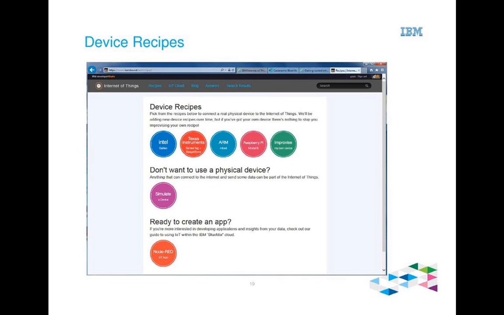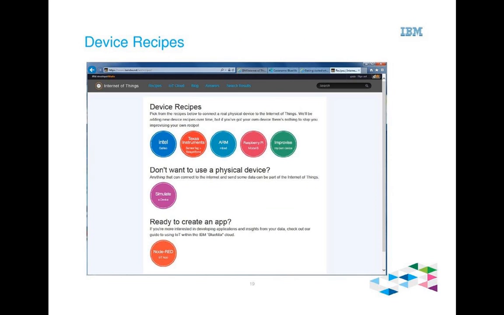Now, for me to show you a demo using a device becomes a little difficult. So the other option I have, instead of using a physical device, is a concept of a simulator. I'm going to use that in the demo today. So you create a simulator which comes with a device ID, and this simulator can simulate temperature or humidity or pressure. You pass this data to the IoT application,